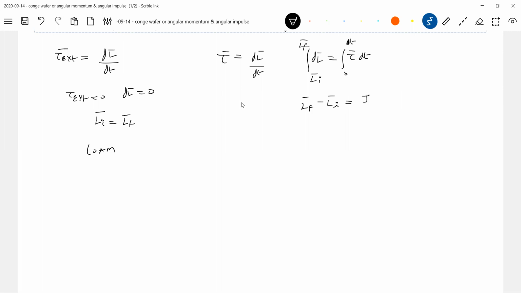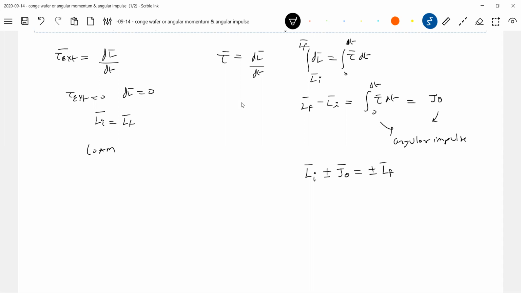I'll call it by a symbol. Books have not given any symbol, so we'll take this as J theta. J is linear impulse, J theta will become angular impulse. Let me use the symbol because every time writing torque is tedious. So this quantity we'll call angular impulse. And what is that angular impulse equal to? Change in angular momentum. So again, the basic definition will be like this: Li bar plus or minus J theta is equal to plus or minus Lf bar.